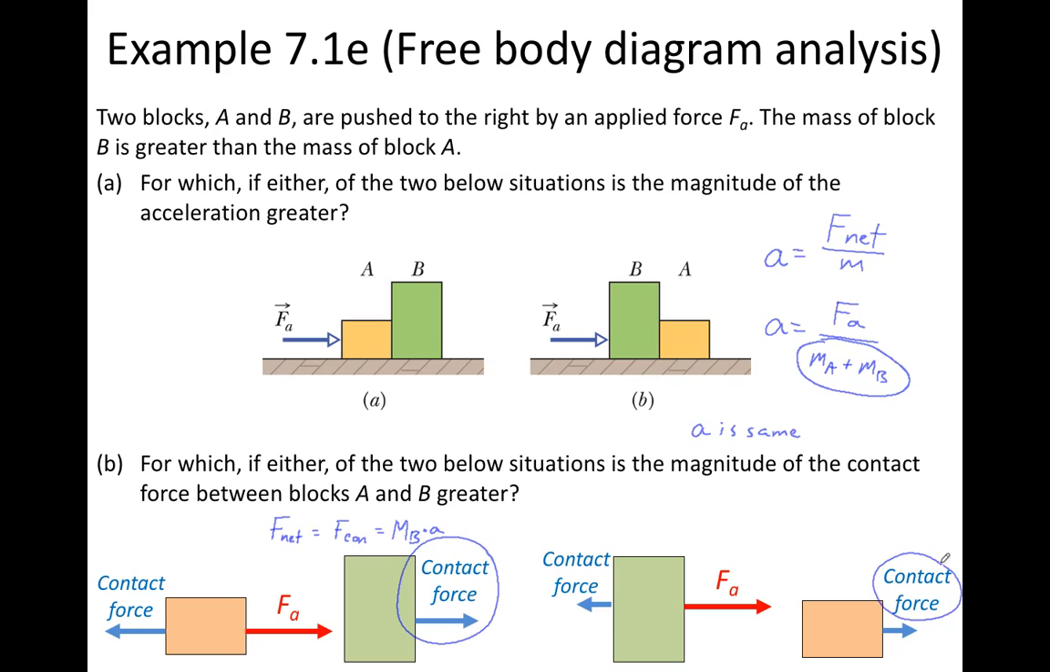Over here, the contact force is again the net force on that object, and that's going to be the mass of block A times the acceleration. So which of these two is larger? Well, hopefully you've realized that the mass of B times the acceleration is going to be a bigger number than the mass of block A times the acceleration, because the acceleration has the same value in either situation, but the mass of the second block is larger in the first situation. So the magnitude of the contact force will be greater in situation